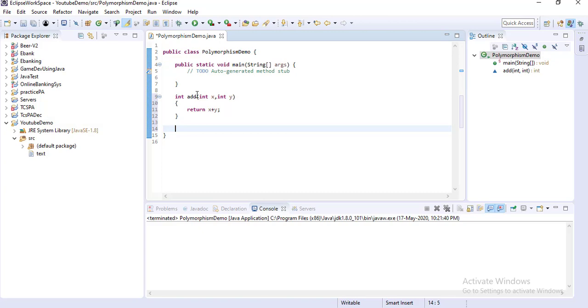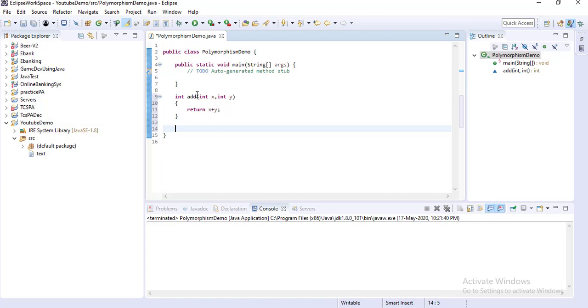So for a separate type of argument or variable, in a non-object-oriented language, you have to write a separate method with a different name. As an end user, every time you have to memorize the method name, and you have to pass the corresponding argument as well.